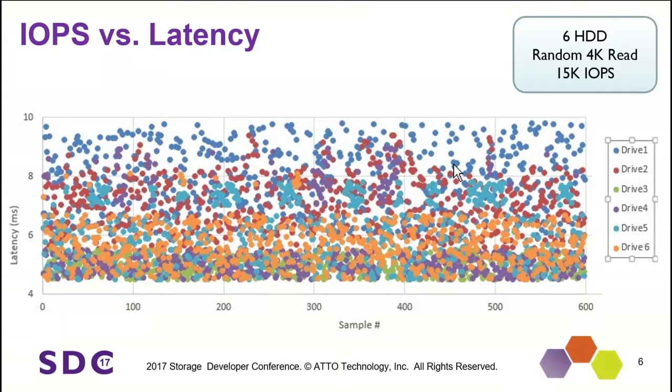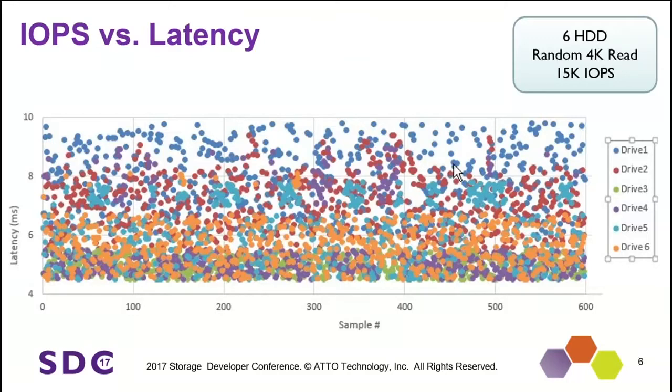So what you're looking at here is each one of these drives, and you can see a legend on the opposite side. I've just got stuff going all over the place. You would expect that if I'm getting 15K IOPS, I would see a nice band with everybody right in the middle. But you can see there's stuff going on that's really nasty here. And like I said, it's very complicated.